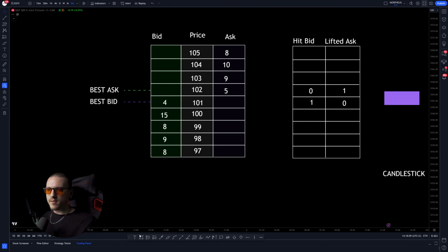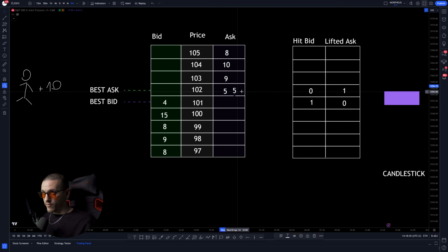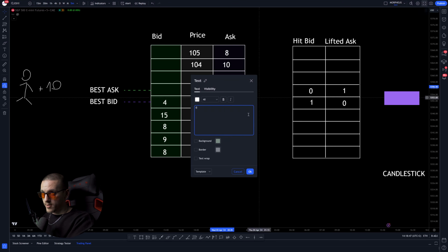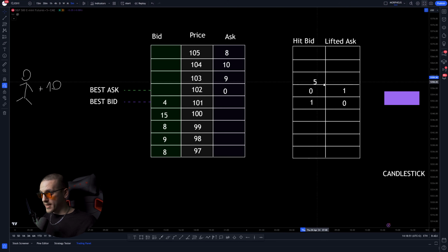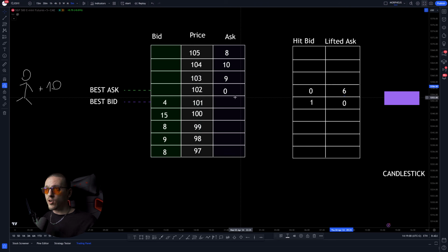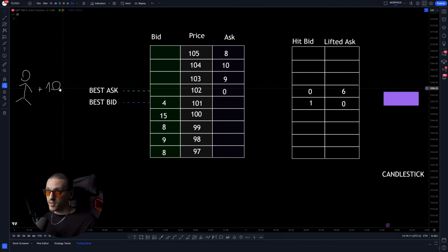But let's make another example. Let's make an example where a guy comes and wants to buy market right now because he needs it. He can't wait any longer. 10 contracts. Where is he going to execute those 10 contracts? Well, 5 of them will be executed right here. So 5 contracts go away from here. Here is 0, and those 5 contracts will be added to that contract that was executed here, so we will write 6. So he filled 5 contracts here, but he still needs 5 more to fill his order,